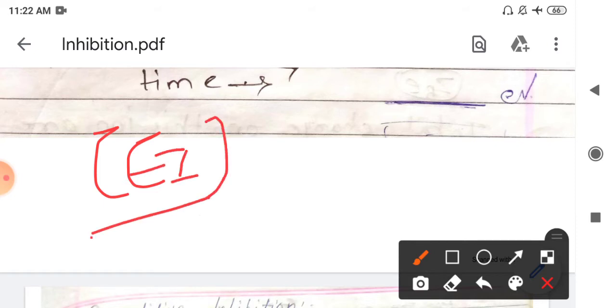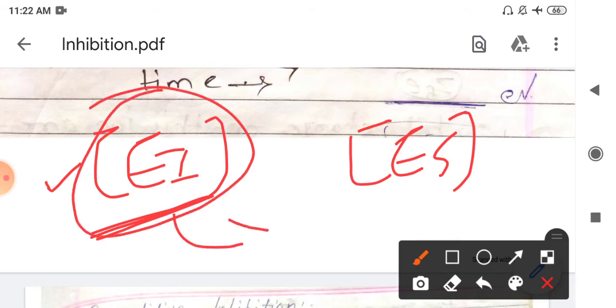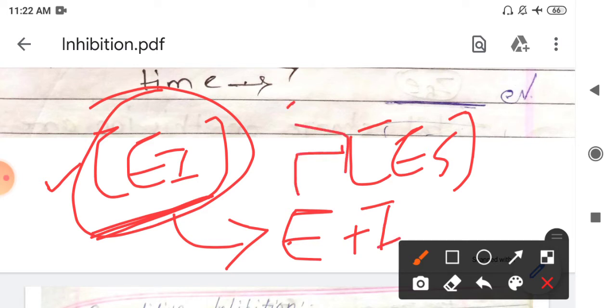Our main goal is to minimize this concentration, and if we want to minimize it, first of all we need to find out the concentration of this enzyme inhibitor complex. The overall rate of product formation depends upon the concentration of ES complex. If this much complex is getting formed, we have to break this complex into its constituent units, that is E and I, so that E can be freed and react again with S to give the enzyme substrate complex.